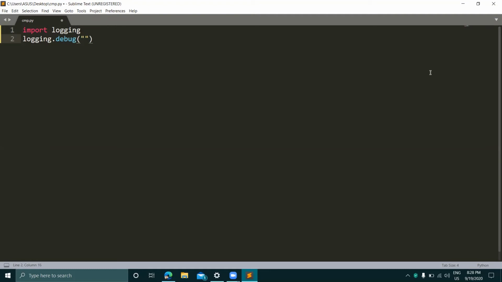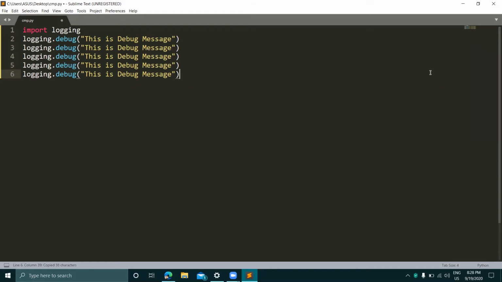Okay, so this is a debug message. Just copy that and paste. We only have to change the level here, which is info. So it is an info message.